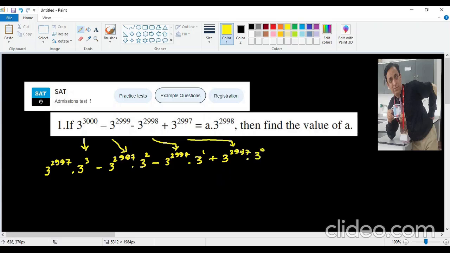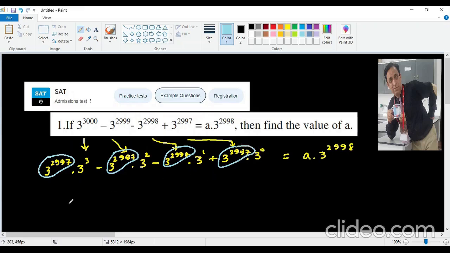In this way, we can understand, and it says that it's equal to a times 3 to the power 2998. Now, as you can see, there is something common in all of them. This one is common, and this one is also common, and this one is also common in this. So this common we write one time only, 3 to the power 2997,